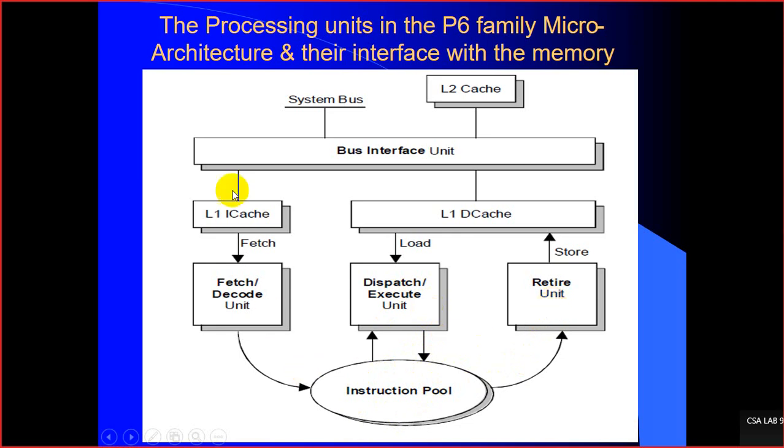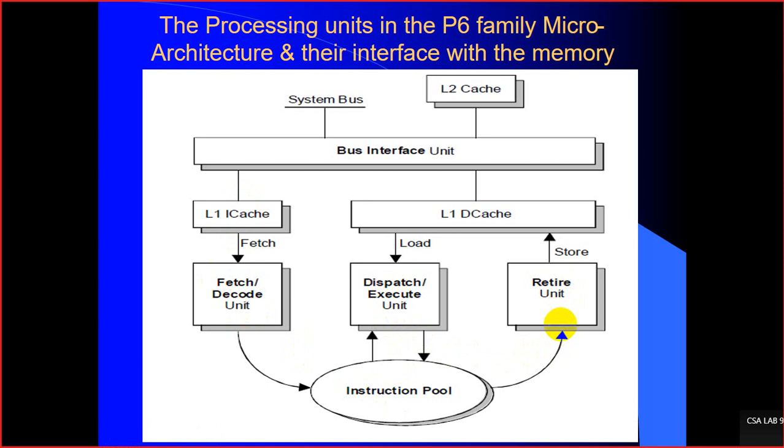So what happens initially in the fetch and decode, in this particular initial stage, things happen in order. That means the way you write the program, sequential. Now in the middle, all the instructions are independent of each other and they get executed in any order. It is called out of order execution. So initially it is called in order front end. In the middle it is called out of order execution. Finally they get retired in order, that is in order retirement.